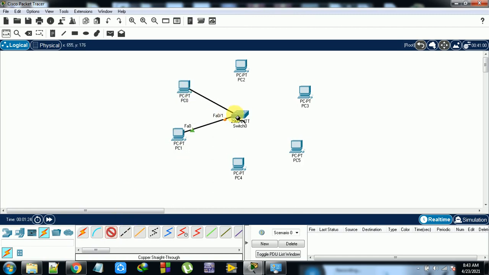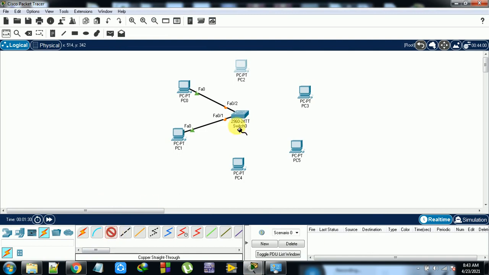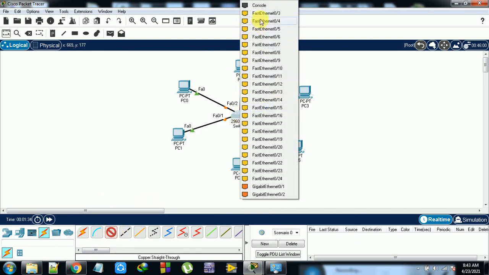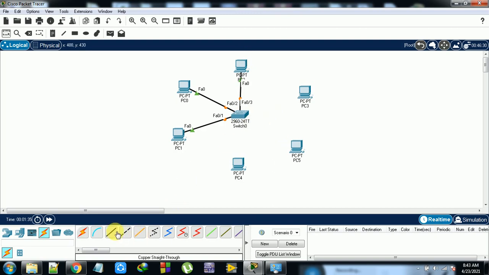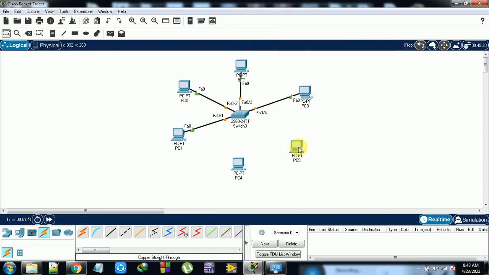Fast Ethernet and port 2. This one also you connect with fast Ethernet and port 3. Like that you connect all of them, depending on the number of ports available on the switch.